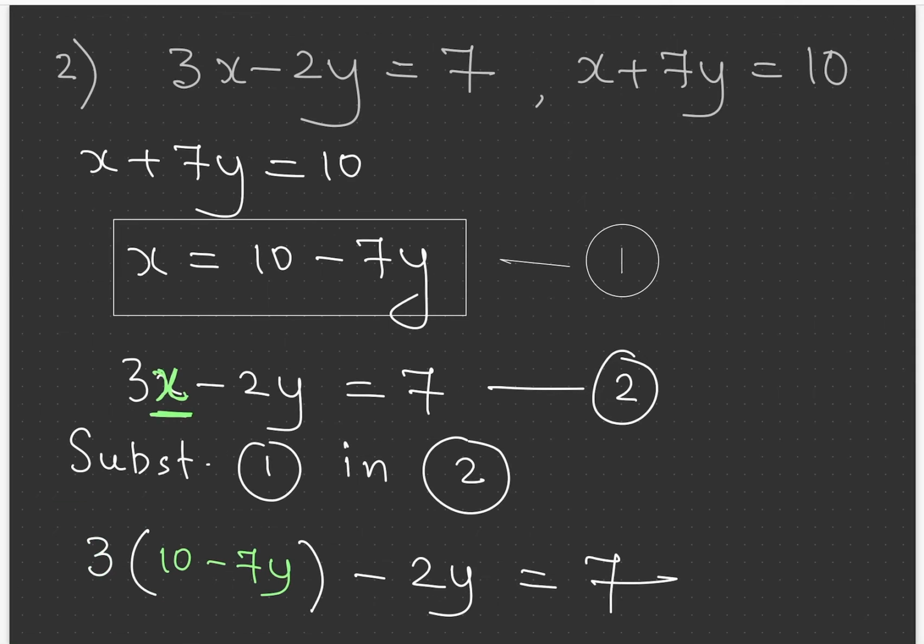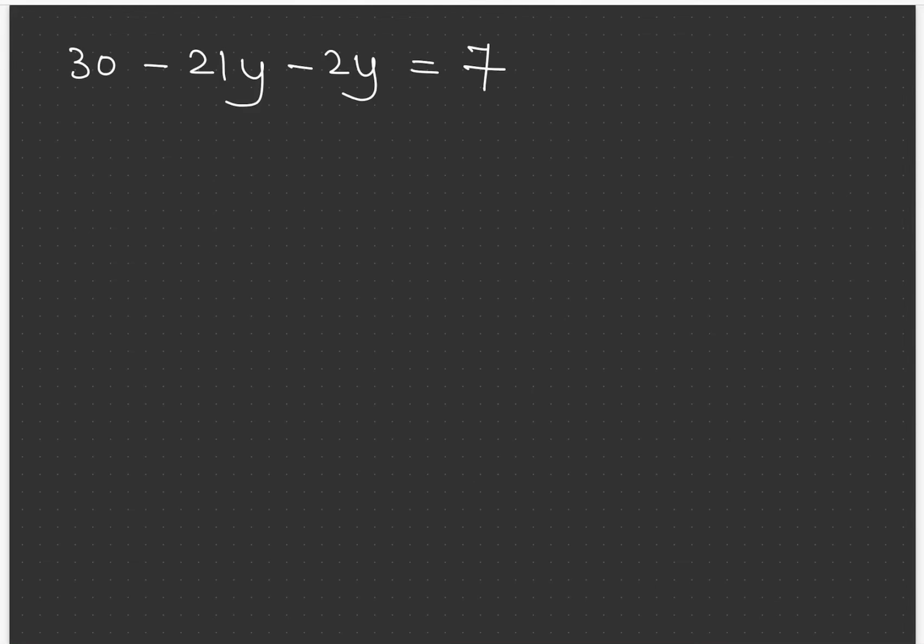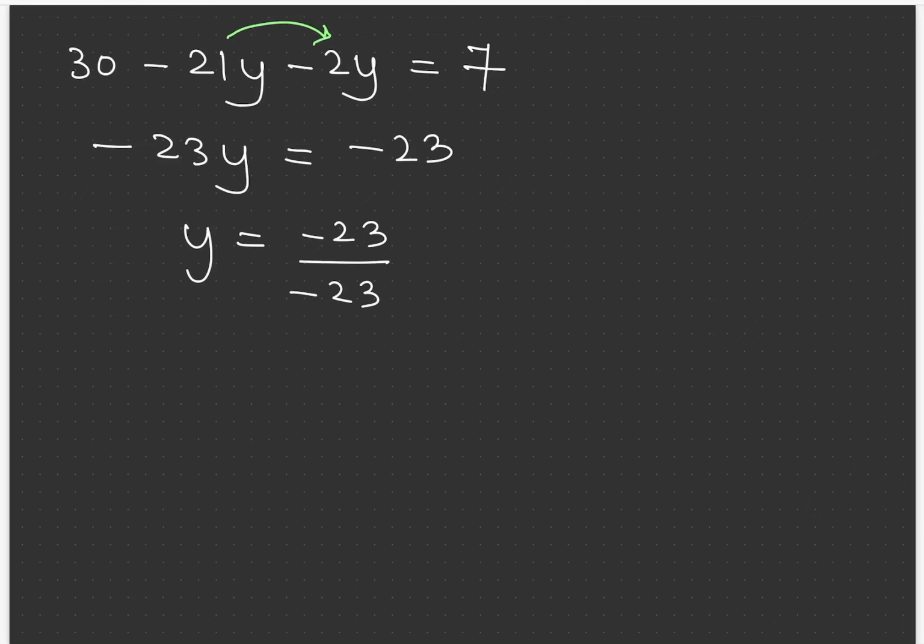equal to 7. Now we write the like terms together. So minus 21y minus 2y, and bring the 30 on that side. So that gives you what? When shifted there, it becomes 7 minus 30, right? 7 minus 30, and add these two terms, minus 2y minus 21y. So minus 2y minus 21y becomes minus 23y equal to 7 minus 30 is minus 23. So y is equals to minus 23 upon minus 23, or you can directly write y is equal to 1.